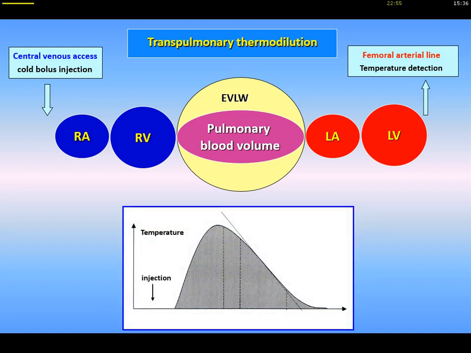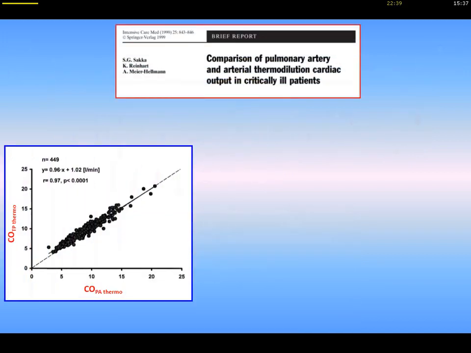And there is a thermodilation curve which is built by the machine, and we know from the Stewart-Hamilton principle that we can obtain a cardiac output from this thermodilation curve, and this is what is done by all these systems. And of course, cardiac output measured by transpulmonary thermodilation was validated against the PA catheter thermodilation cardiac output,